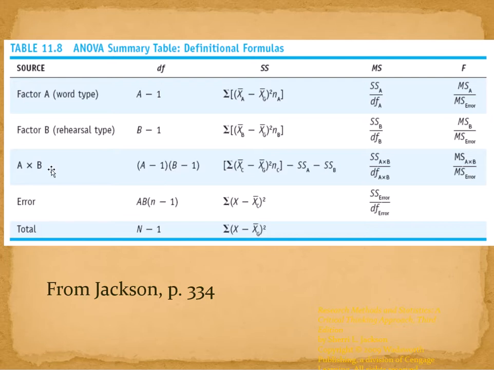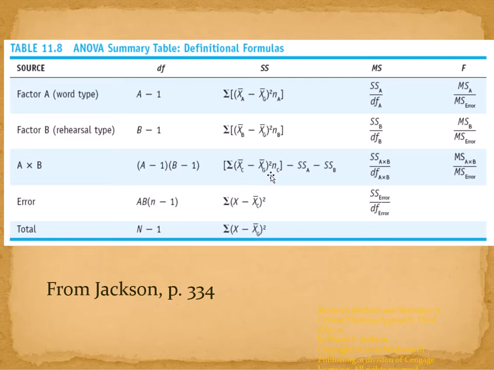The factor interaction is A times B. To get the degrees of freedom, we just multiply A minus 1 times B minus 1. And we just subtract each category. So this is going to be, C stands for cell. So each cell. In that case, we had 3 5s and a 10. We're going to do those minus the grand mean